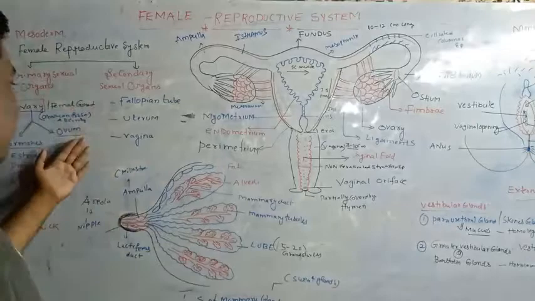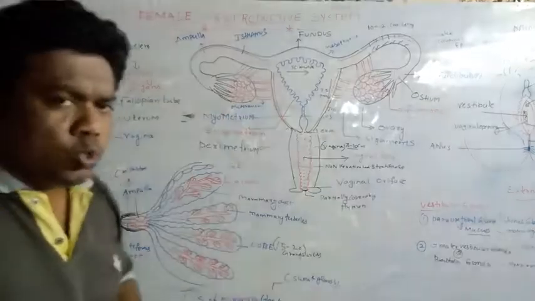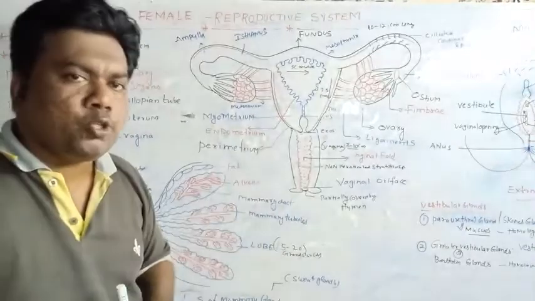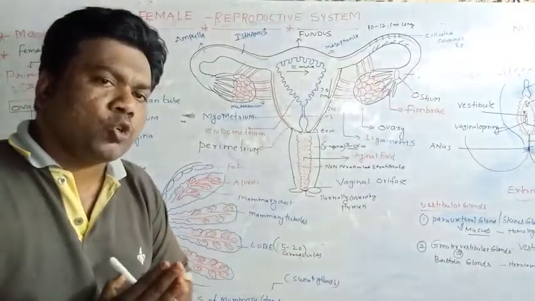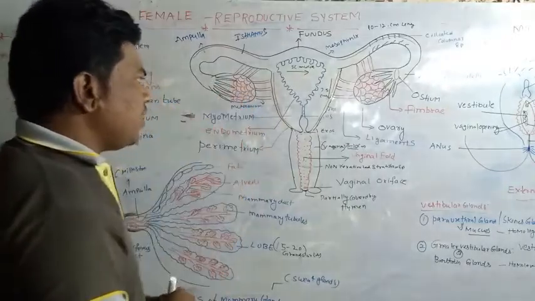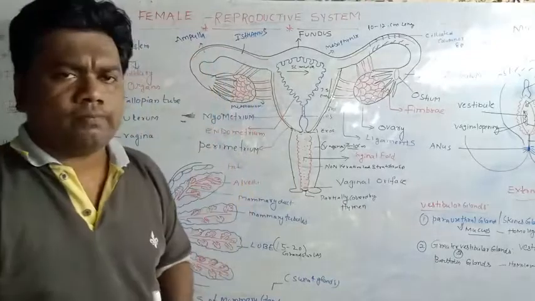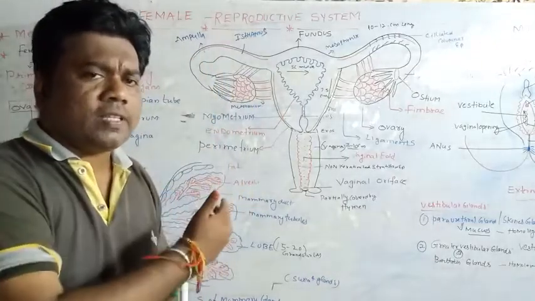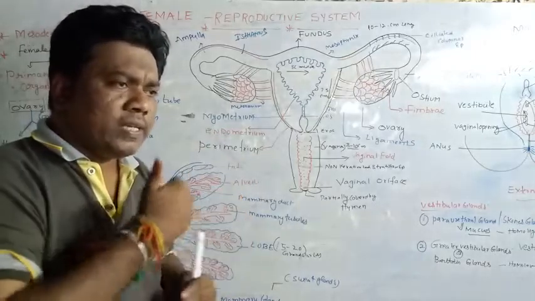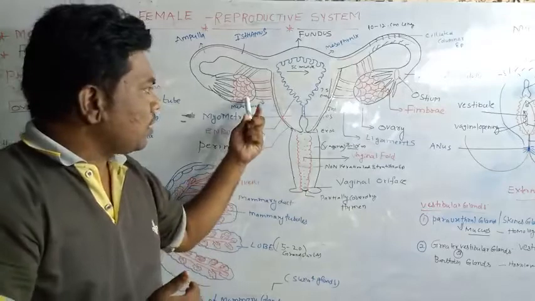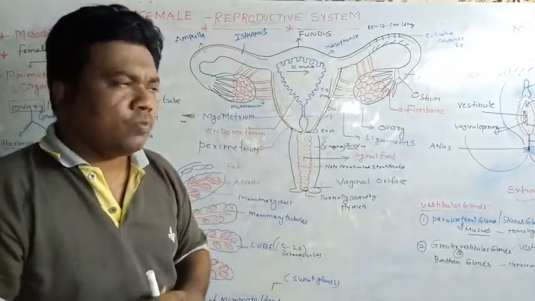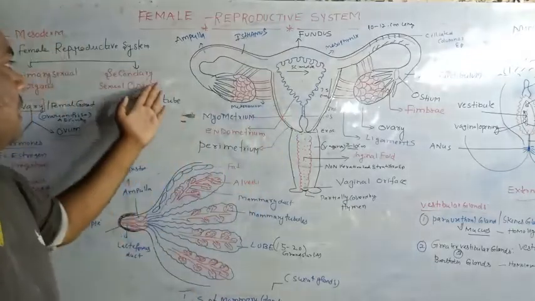The ovary has two regions: the outer peripheral region is called the cortex, and the inner region is called the medulla. This is responsible for the production of the ovum and the female hormones. So that is the ovary. We will discuss the complete structure of the ovary in the next video session. Okay, so we will continue with the secondary sexual organs.